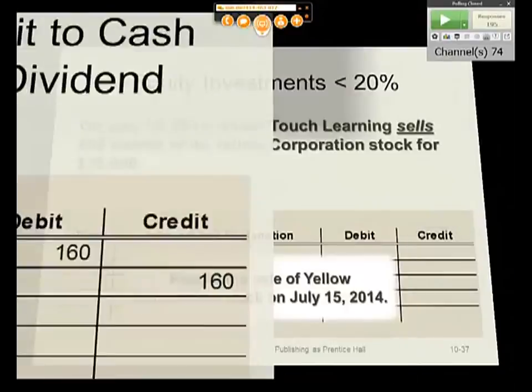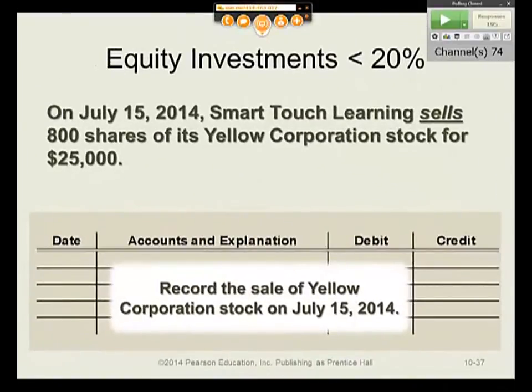All right, and finally, I want to talk about those realized gains and losses. Remember, when you sell shares of stock, or any sale, it's considered a realized gain because you realized it in cash. They sell 800 shares at a selling price of $25,000. Now, here is the most significant thing that you need to know. What did I pay for those shares? In order to figure out the gain or loss, you have to know